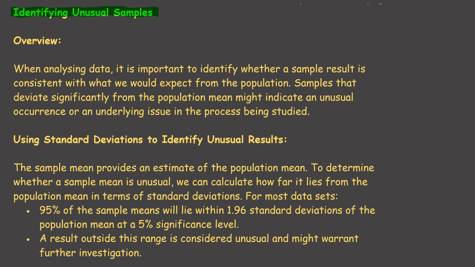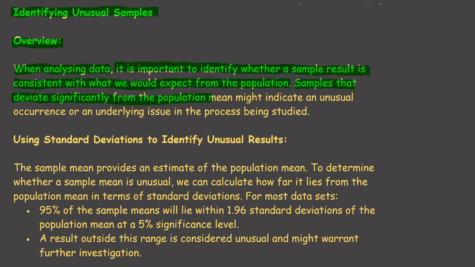Identifying unusual samples. Overview. When analysing data, it's important to identify whether a sample result is consistent with what we would expect from the population. Samples that deviate significantly from the population mean might indicate an unusual occurrence or an underlying issue in the process